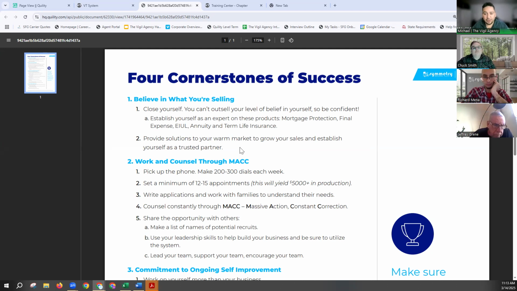Because let me tell you, strangers are more likely to help you than your warm market is, right? But if you can help your warm market, you're going to be able to grow your agency a lot faster. Working counsel through MAC, right? Massive Action Constant Correction. Let's just get rid of the $200 to $300 per week and make that $300 to